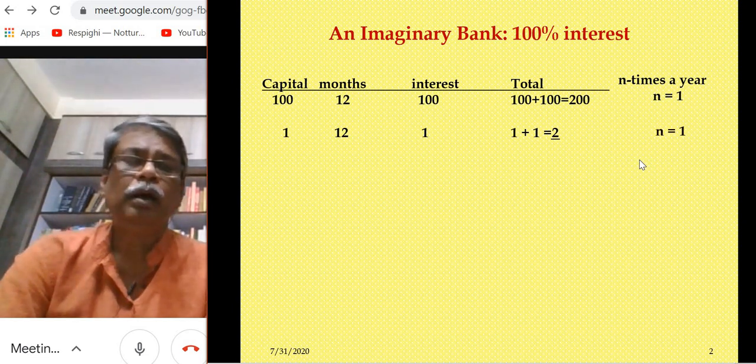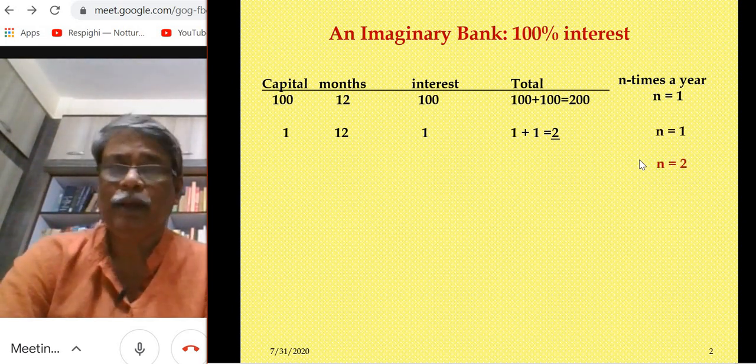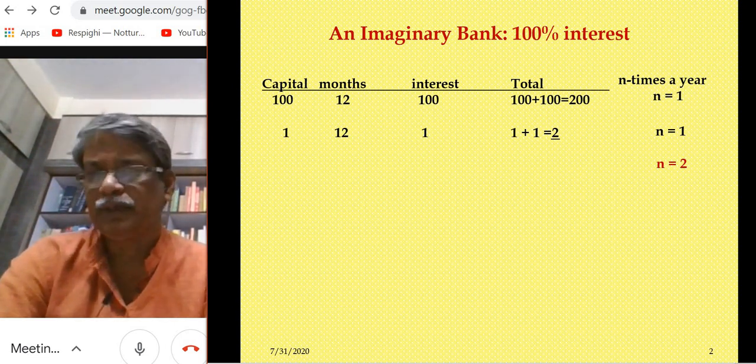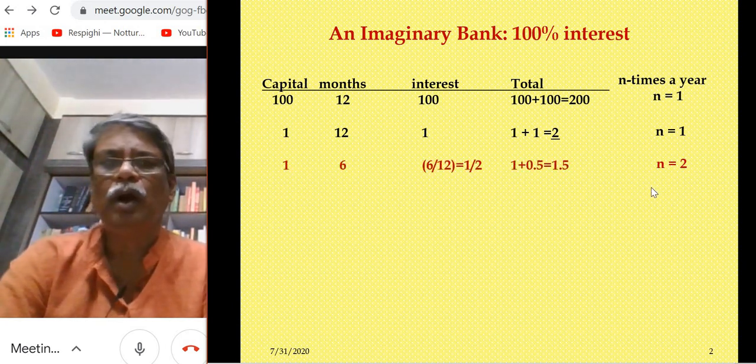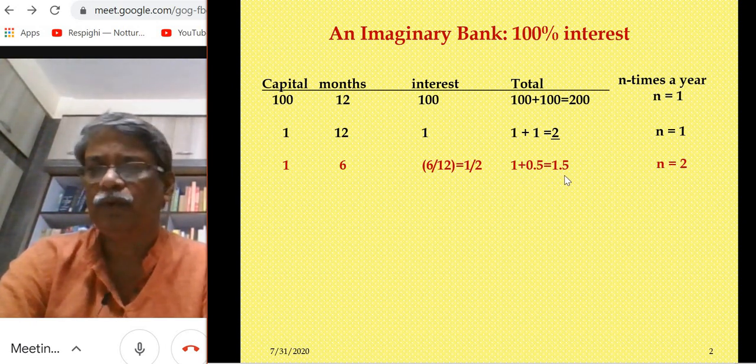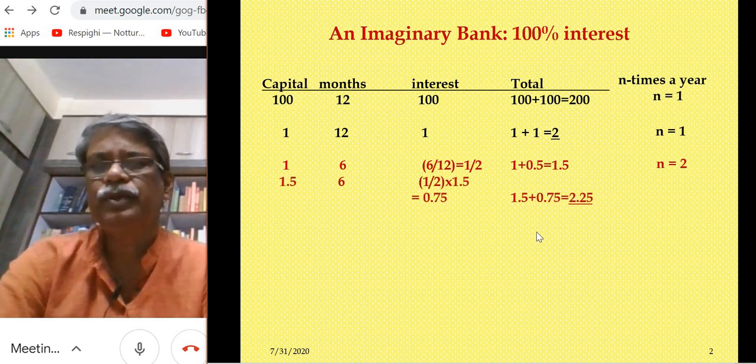Now it may so happen that the bank, a better bank, decides to calculate its interest twice in a year. That means first after 6 months and then again after another 6 months. So how does the calculation go? In the first installment after 6 months, the interest on 1 rupee capital you will get is half. So after 6 months you get 1 plus half, that is 1.5, and then in the next 6 months now